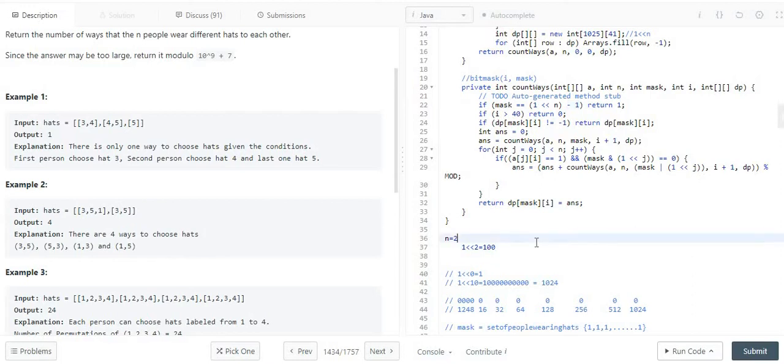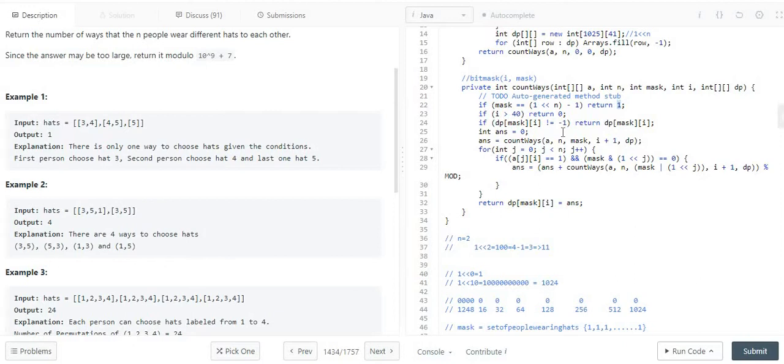It would return 4, and 4 minus 1 is equal to 3, and the binary representation of 3 is 11. So all my bits should be turned on. This is my mask, the set of people wearing a hat. When it is equal to 1 shifted left by n, minus 1, if both are equal, then I return the count value 1. It will be added to my answer.